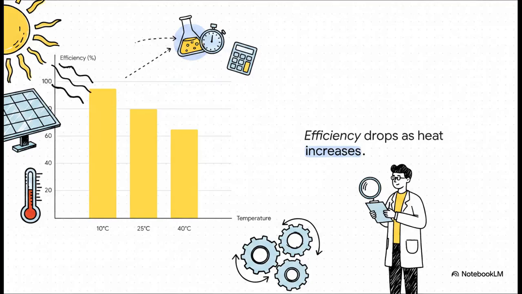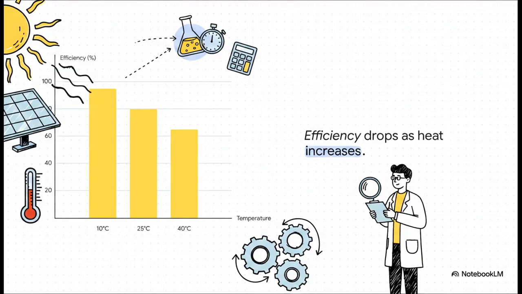And this brilliantly illustrates our point. Imagine a researcher studying the effect of temperature on the efficiency of a solar panel. Obviously, they aren't asking the solar panel how it feels about the heat. They're running strict, controlled experiments. They rely heavily on quantitative methods. We're talking hard numbers, empirical data, and statistical analysis. The researcher stays entirely objective and keeps any personal interpretation completely out of the equation. And because of this strict setup, their findings can be generalized and perfectly replicated by anyone else in the world using those same tools.